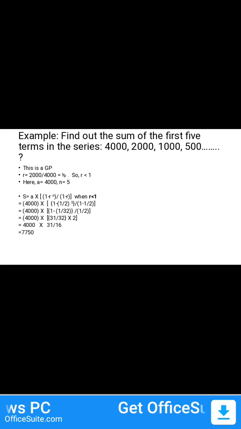Okay, so after that you can do all the calculations, and in the denominator we have 1 minus 1 by 2, same as the second line, 1 minus 1 by 2. So 1 minus 1 by 2 becomes 1 by 2. In the third line, have a look at the third line, 4000 into 1 minus 1 by 32 divided by 1 by 2. So what I've done in the next line, just like we had discussed in the class, is that I have converted 1 by 2 into its reciprocal and I've multiplied it. You would remember that this can be done for division